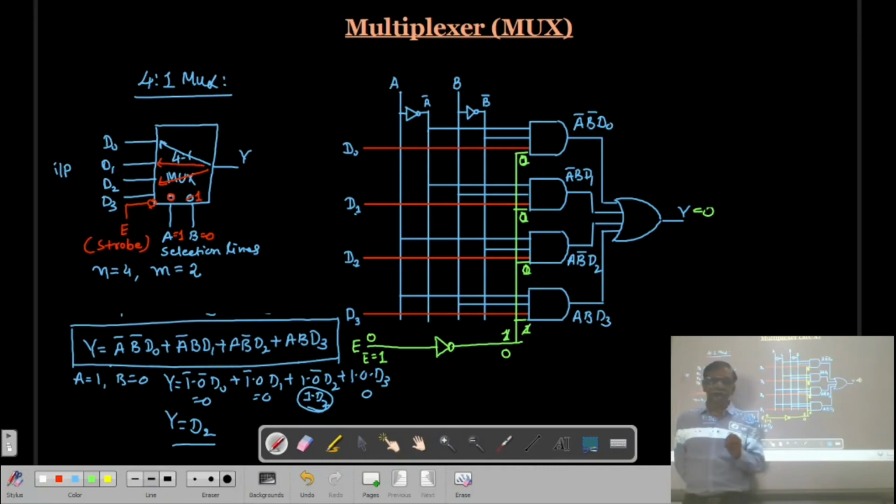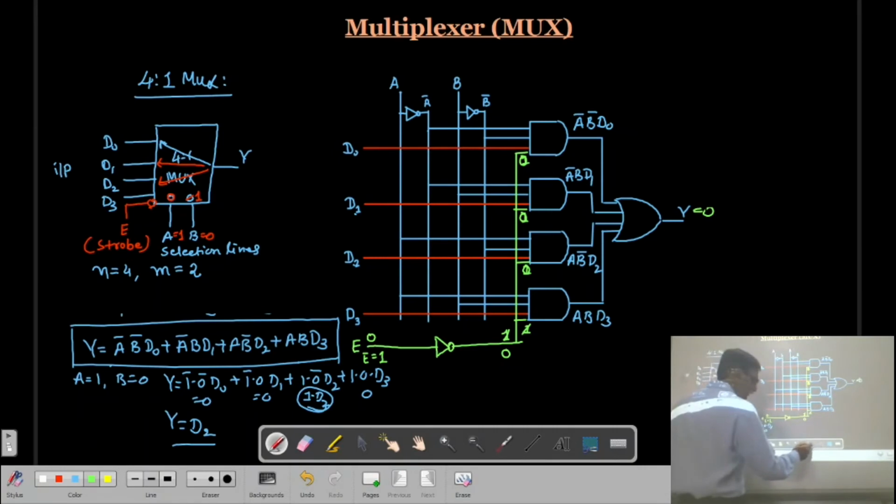So we have this facility, because in some cases we are using a number of multiplexers, and some multiplexers you want to enable, some you want to disable, then this facility is required. Right? This is about a 4-to-1 multiplexer.